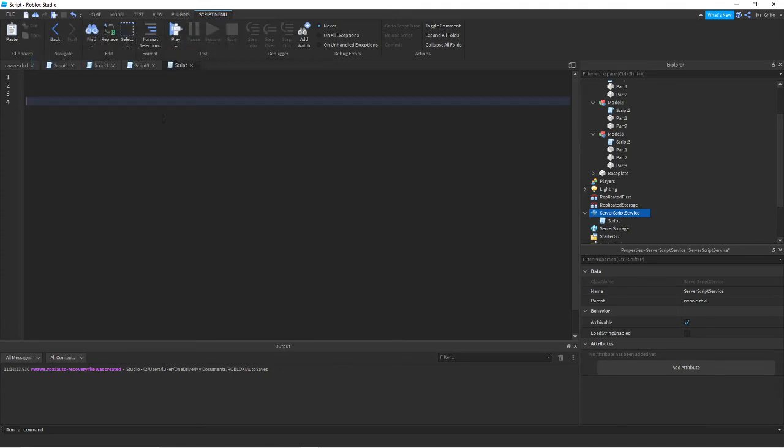Okay. Players. We want the player service. Local players equals game get service players, and we want players dot player added. When a player's added, then we're going to connect function, and what we want in there is the player, and we're going to add a folder called leader stats. Yep, that's what we want. Leader stats